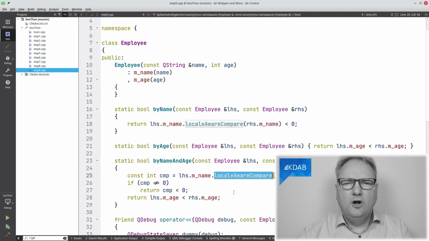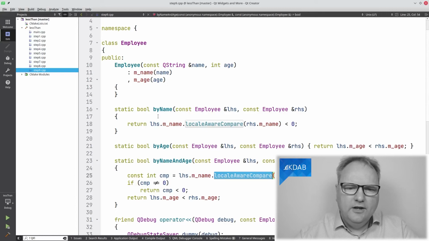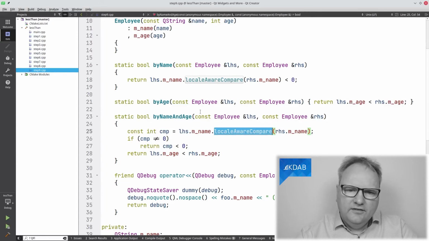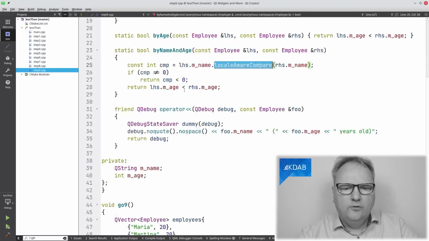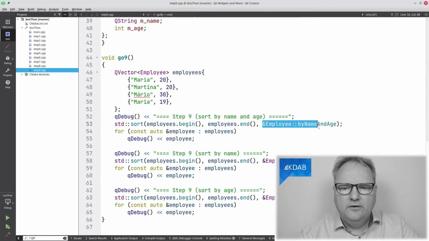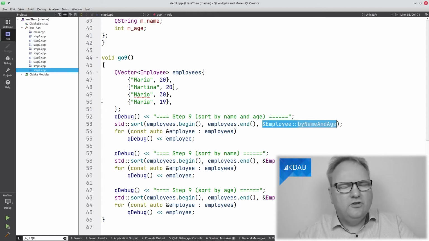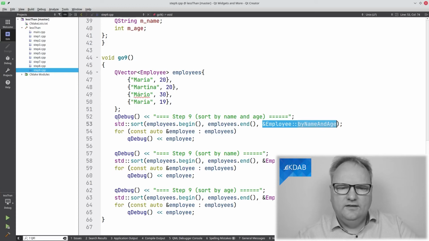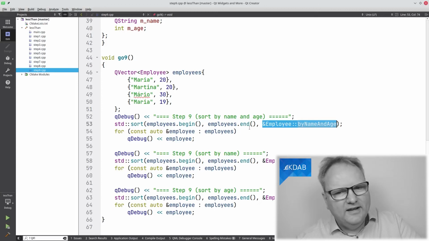And then to the second part of the sorting: instead of implementing an operator less than, we should implement a number of static methods: by name, by age, by name and age. As you can see here, they all return a Boolean whether left-hand side is less than right-hand side. Now in the implementation, what I can do is call sort. I can give it a third parameter, namely this by name, and let's all meditate here for a second and enjoy how beautiful this sorting line is. Sort the employees begin and employees end, and of course that could have been done much better with that thingy in C++20, I can't remember right now.